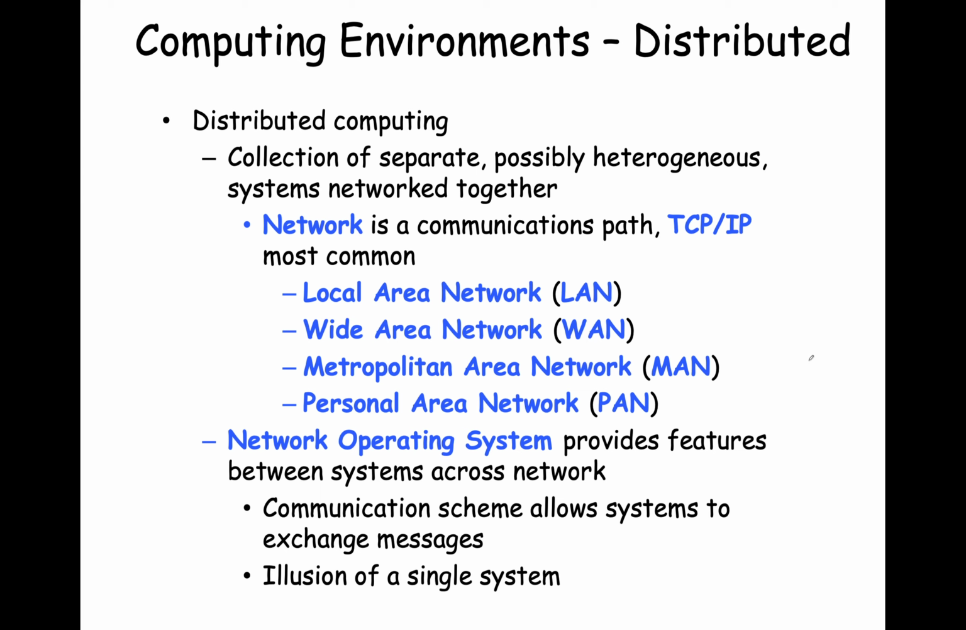So these distributed computing environments have so-called network operating systems, and they're operating systems, just like we've been talking about, but they also provide features that allow you to do things across systems connected by a network. And this generally means communication schemes. These communication schemes allow processes on these different computers, whether it's over local, personal, wide, or metropolitan area, to exchange messages. And they can exchange messages in a way that gives you the illusion that you're operating on a